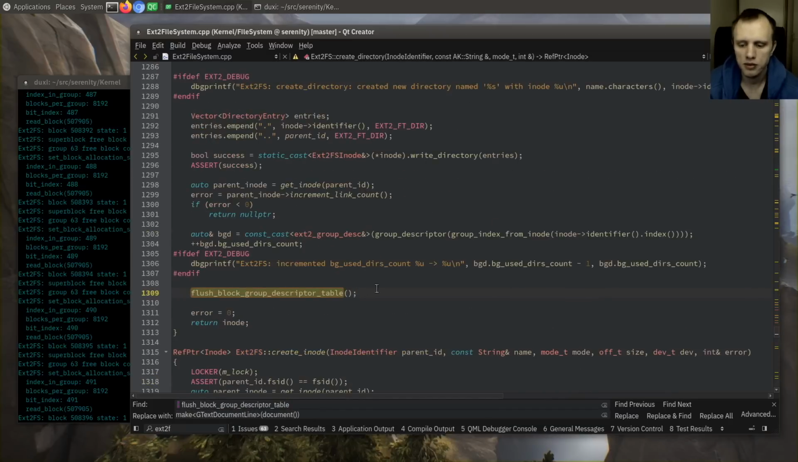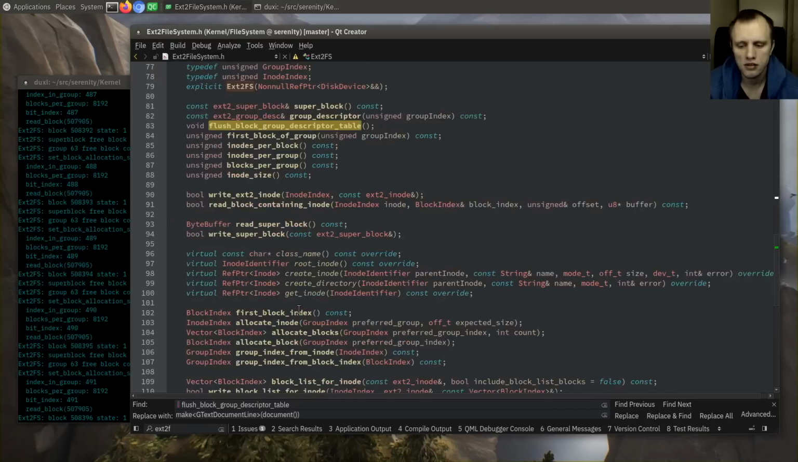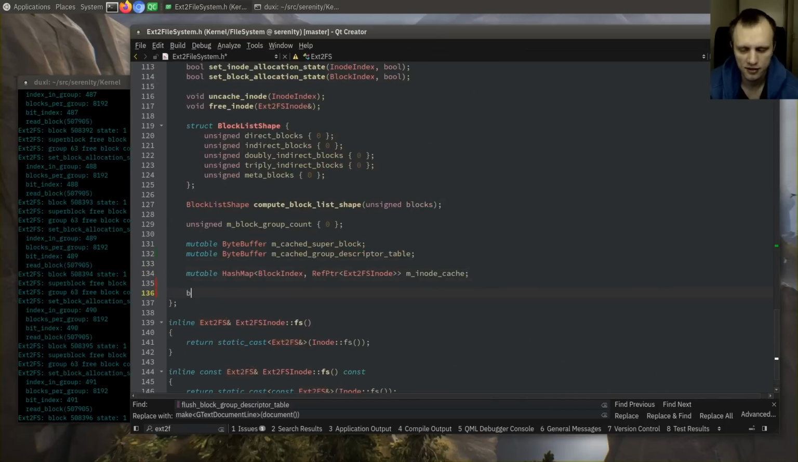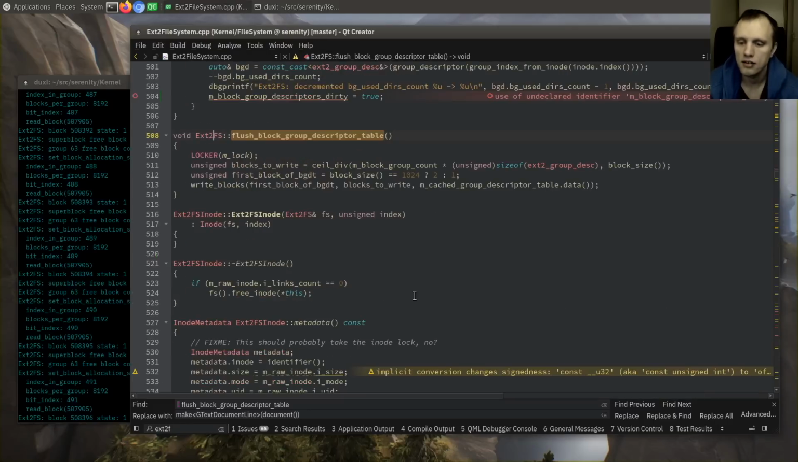We're still doing it in a few places. Well, what if we just set block group descriptors dirty to true? So we never explicitly flush these. We just say that they're dirty. And of course, we're going to need to remember this. So this would be false by default. Okay, and then